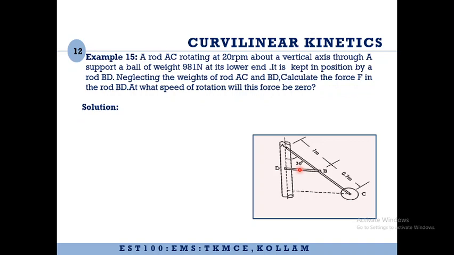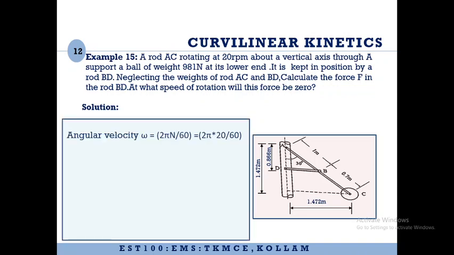Now as it starts rotating, the ball will have a force pulling it in the outward direction. As the speed of rotation increases, the outward force is going to increase more and more, and at some stage there will be no force in this particular rod. That is what we have to find out. These are the various horizontal and vertical distances with regard to the salient forces. You can find these by applying basic trigonometry.